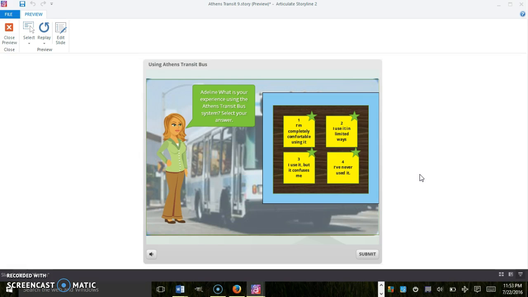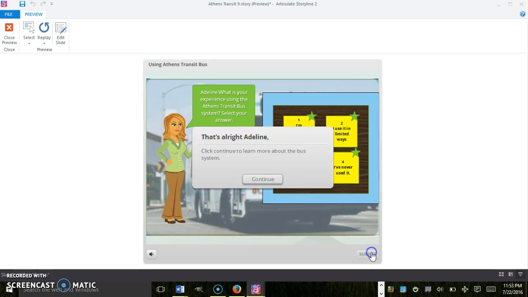So they have these four choice systems that they can select from. So, for instance, if you're saying, I use it, but it confuses me, you click and then it takes it to this person and then you submit, and then the submit tells you that all right, you can click continue